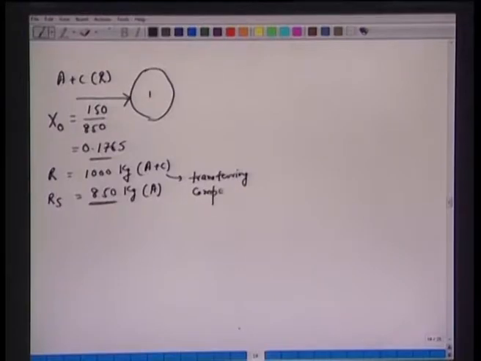Transferring component. We bring it in contact with pure solvent ES. There is a question, what is ES? It is a fresh fluid, pure, so Y0 is 0. After treatment of this A plus C, we have the treated fluid A plus C. Now, the mole fraction is x1, and what is x1?